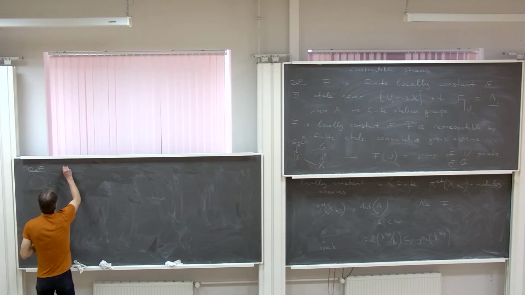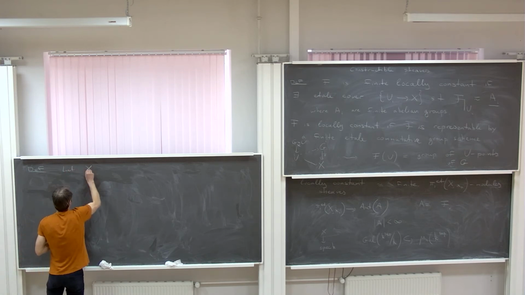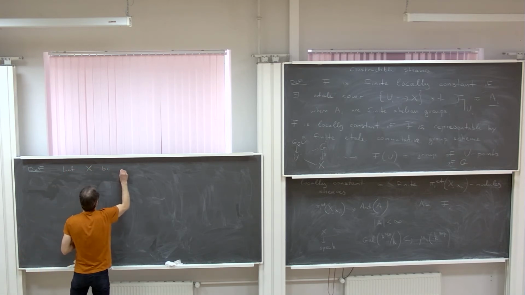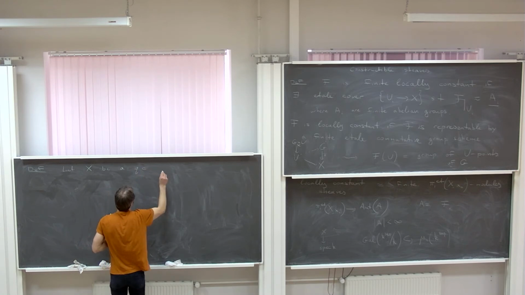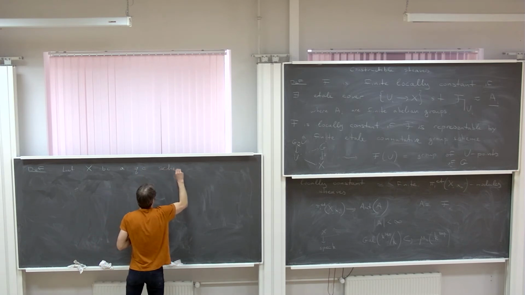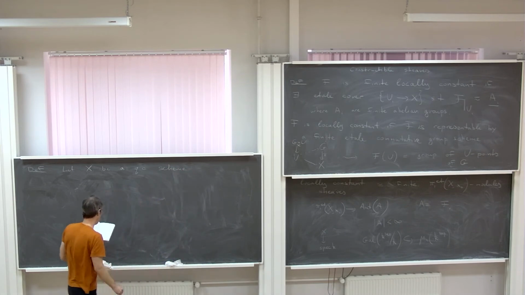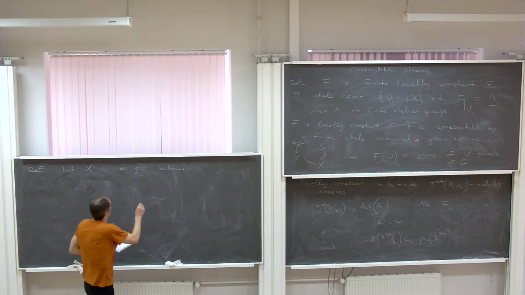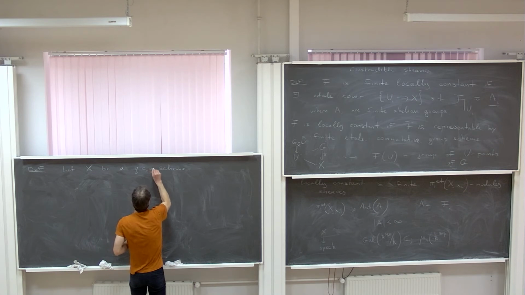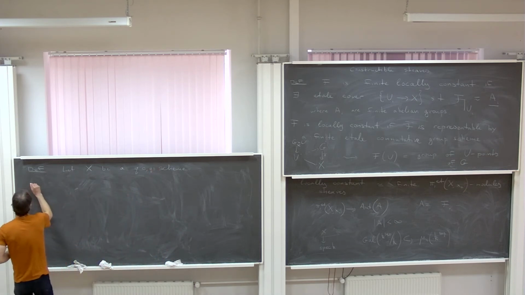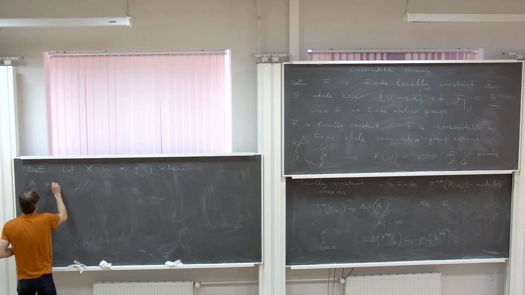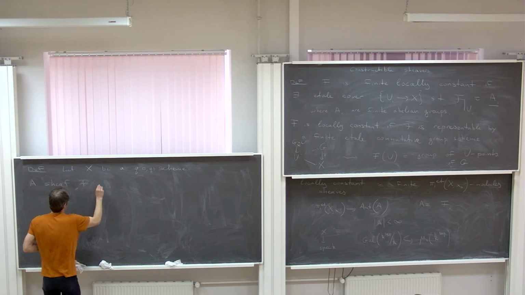So let X be a quasi-compact scheme, and quasi-separated. Quasi-compact, quasi-separated. So a sheaf F is